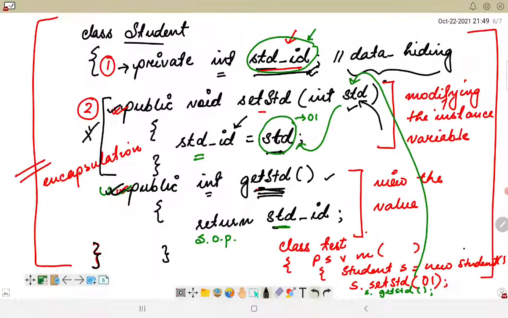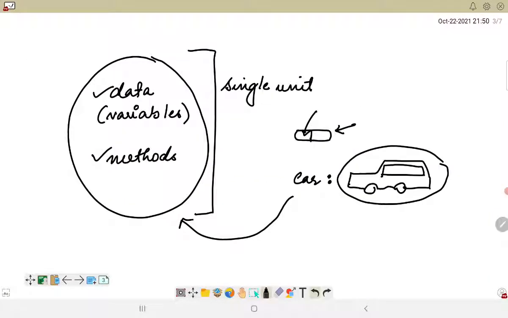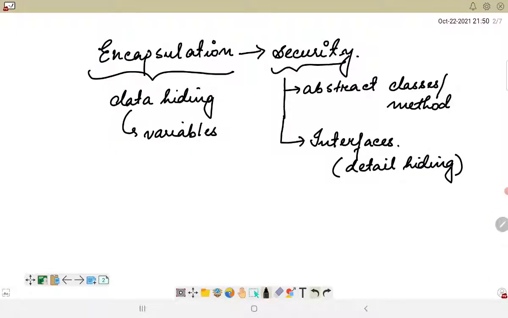So we have seen how we can introduce security by using encapsulation, and it is one of the most useful techniques or mechanisms used when it comes to security associated with object oriented programming. Okay, so that is all for this video. We will again look into the practical implication of it in my next video.